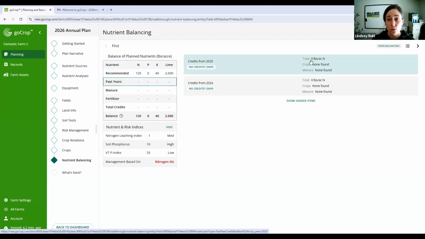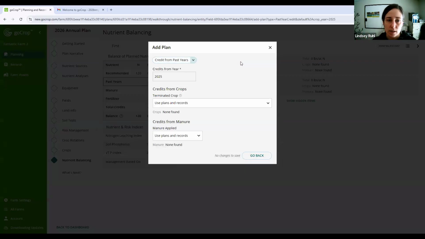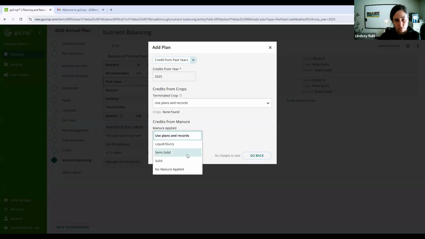So when you are creating a new plan, it is important to account for past year nitrogen containing applications from organic sources that mineralize over time. You can do that two ways. You can enter them in your records, or you can enter them using this credits from 2025. It's similar, but not quite. In records, you enter an exact date and some other pieces. But if you want to enter any applications from 2025 into your 2026 plan from manure, let's say, you choose your